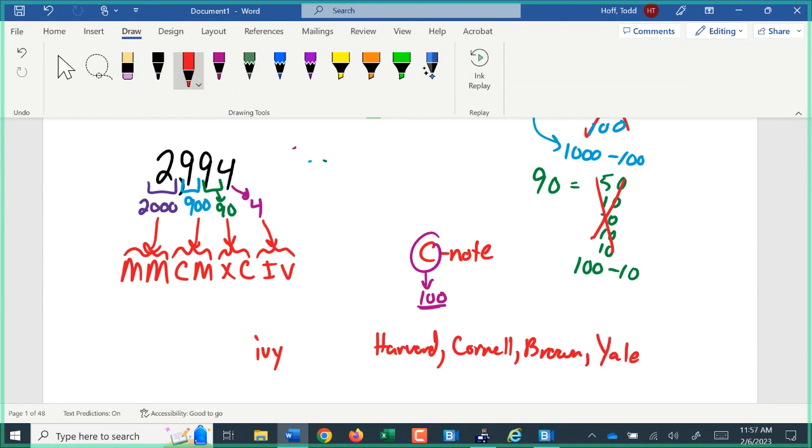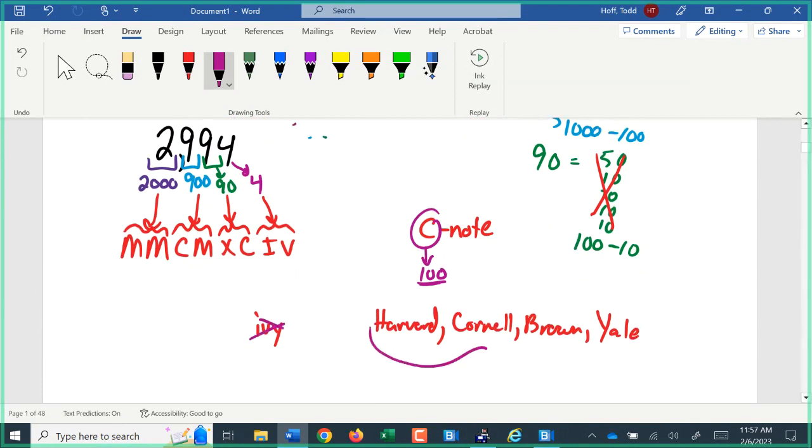And most people think ivy comes from the plant, the ivy vines that grow on the walls at most of those institutions, but that is not correct. Ivy comes from the fact that there are 4 of them, which is literally the Roman numeral IV. So it's not really the Ivy League, it's the IV League, is what that